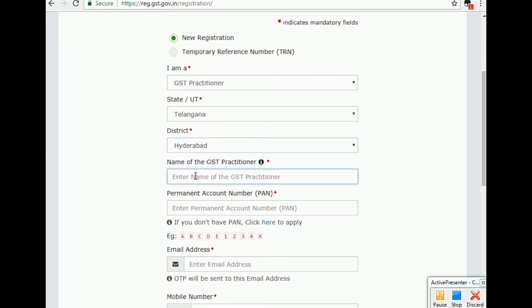Hyderabad. Enter your name as a GST practitioner as per the PAN card database. Mention your GST applicant name. Make sure to enter all details in caps only. Our applicant name is Paspunu Neeraj Kumar. So just mention the name